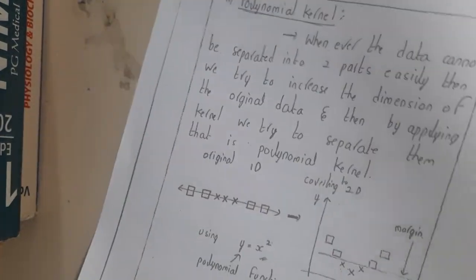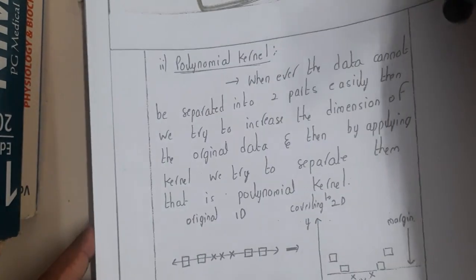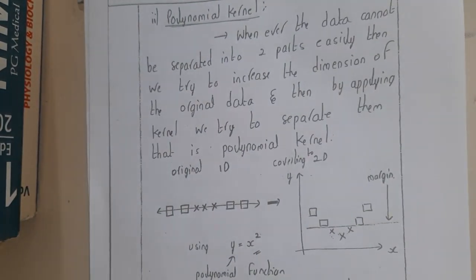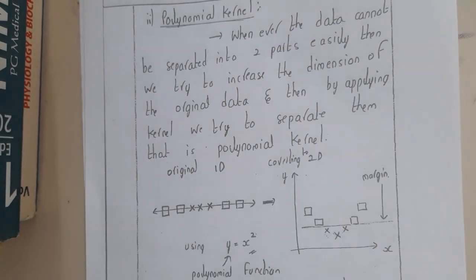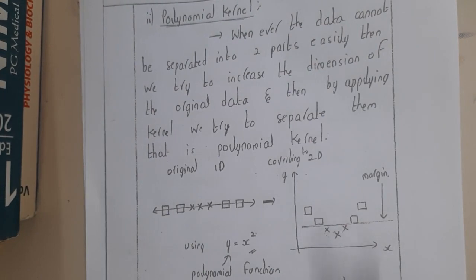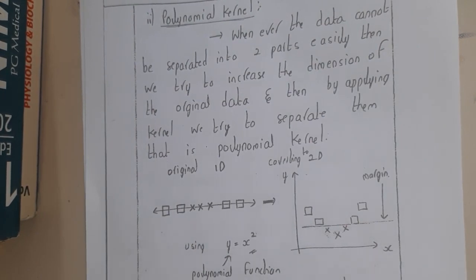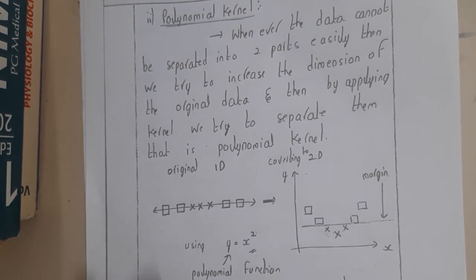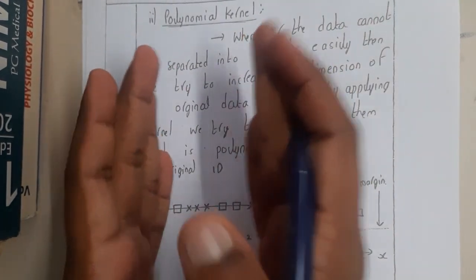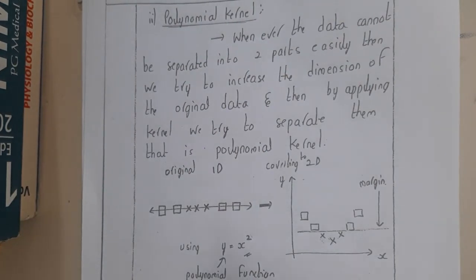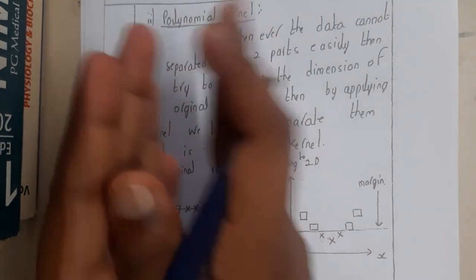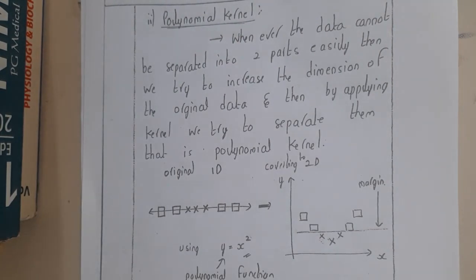The next type of kernel is the polynomial kernel, guys. If you observe, we divided using a linear line, right? Is it possible every time? No, right? We cannot say that every time it is possible. That is the reason why this polynomial kernel came into play. Here we will be incrementing the dimensions. You might have heard that we decrement the dimensions, but here we are incrementing the dimensions, guys.